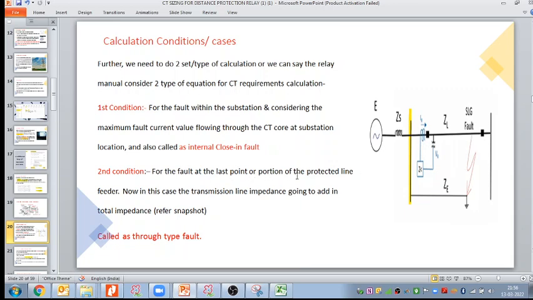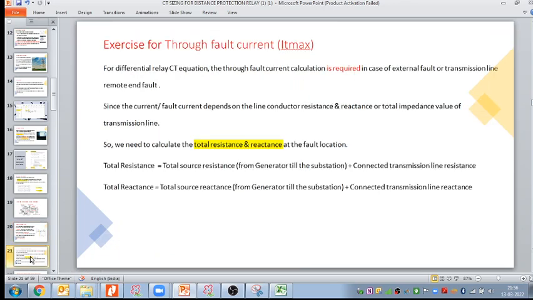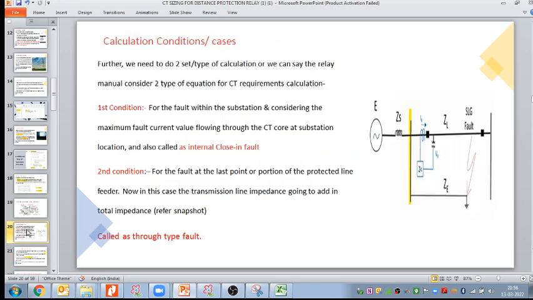The last point, or last portion, of the protected line feeder. Now in this case the transmission line impedance ZL is going to add in the total impedance, and based on the line impedance we have to calculate the through fault current. So we'll calculate the through fault current. Okay, first of all, what is the through fault current? Is this statement clear to you or not? What I mean to say by through fault current is